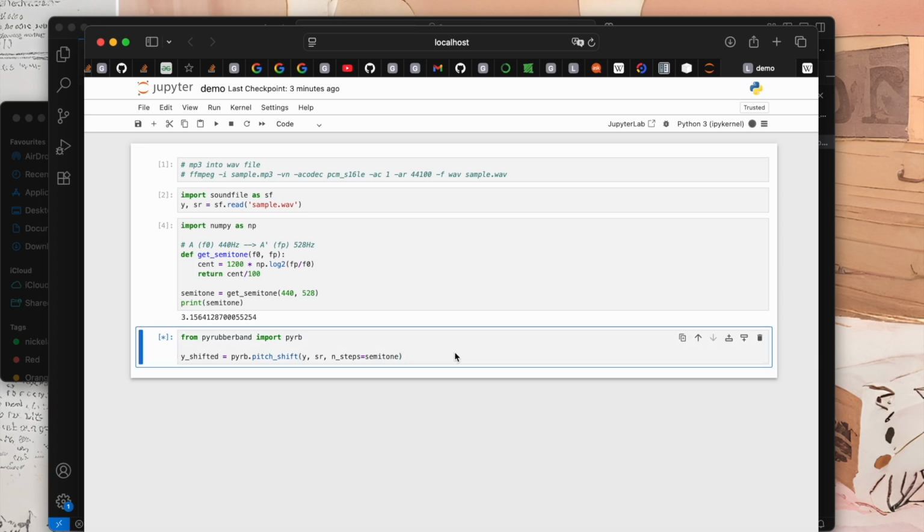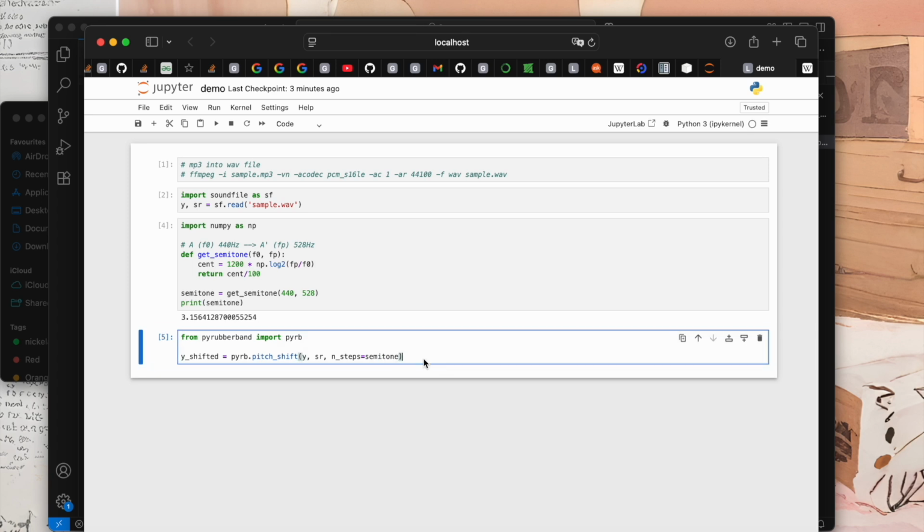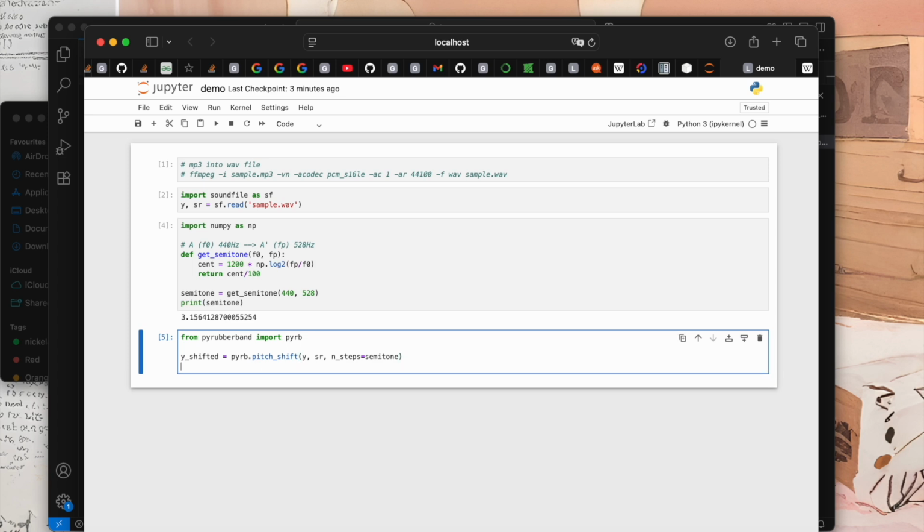Okay, and then we already have the Y shifted one. We didn't change the sampling rate, we only changed the Y. So what we are going to do right now is save it into a new .wav